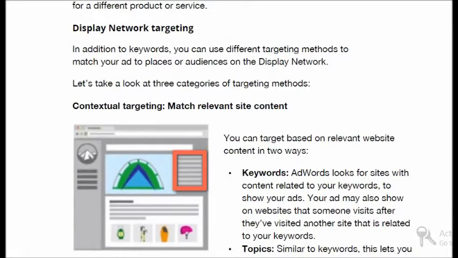According to that partnership agreement, Google displays advertisements on different websites and mobile applications.